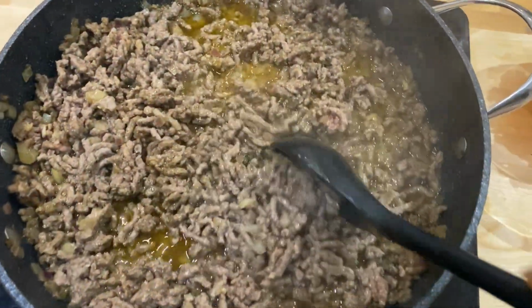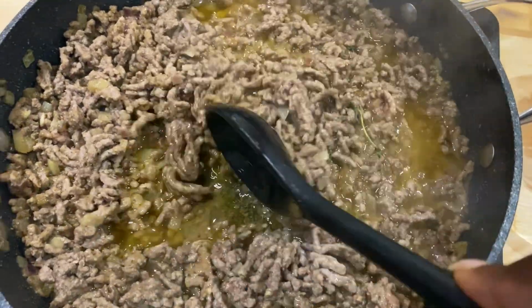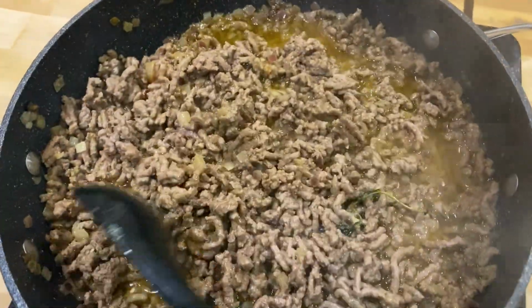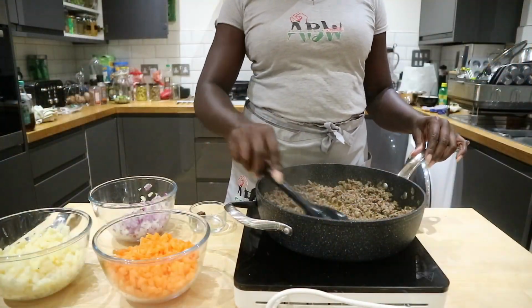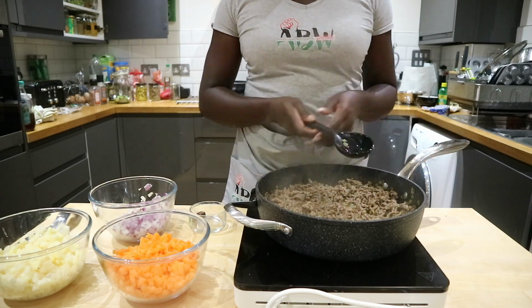So this is the close-up, and you can see how it's created its own stock. You can see how the meat has browned really beautifully, and oh, you can literally practically taste how good this is. What we're now going to do is add